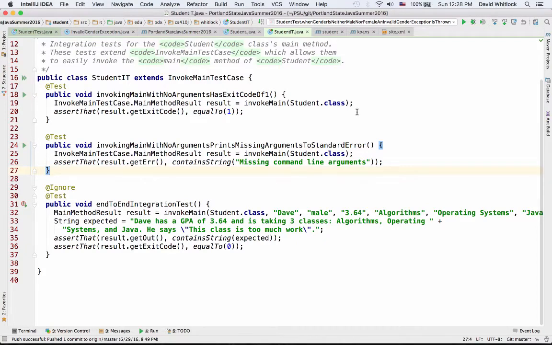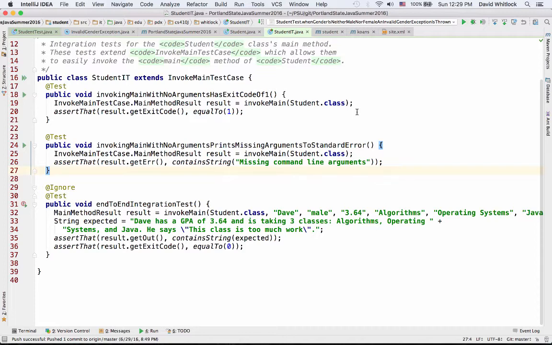Hey everybody. So we didn't have time in class on Wednesday to really dive into integration tests. Integration tests are similar in practice to unit tests, at least the integration tests that we'll be talking about today, but conceptually they have some differences. And I wanted to make sure that you guys had an opportunity to see how they're different. So, as you may recall, when we created the student project from the archetype, it included this student